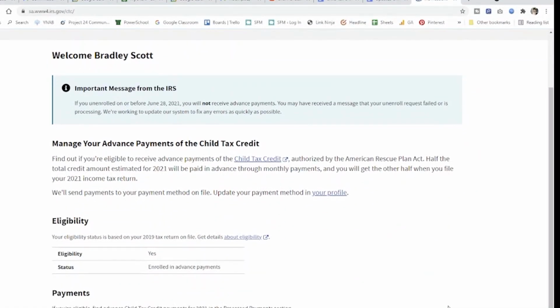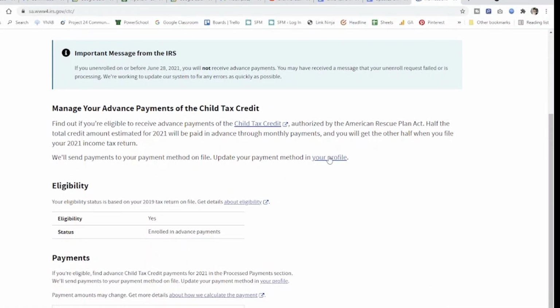So currently inside the portal, you can only see whether you're eligible, you can see any payments that have been sent, you can opt out of monthly payments, and you can update your bank information. You currently cannot update your address inside the portal. That is supposed to be coming in early August. You also cannot update your family status or your income information. I know a lot of people are really curious about whether you can add a child that was born in 2021. That is coming, they're saying, in late summer or early fall, but you are not able to do that yet. Now, if you don't get payments that do qualify for children, you will still get those next year at tax time. You just won't get them as monthly payments right now.